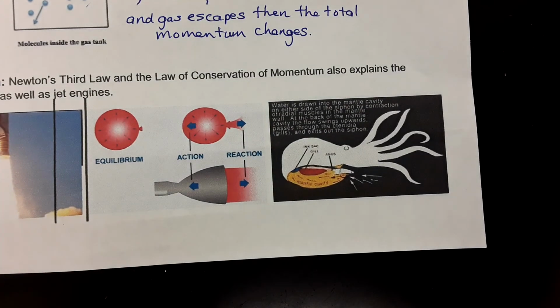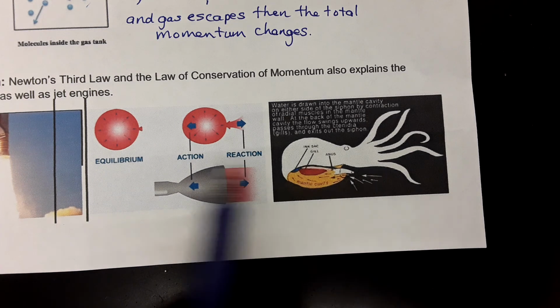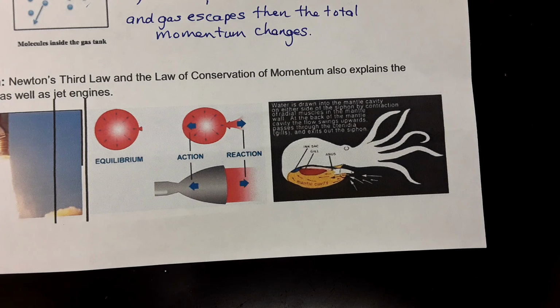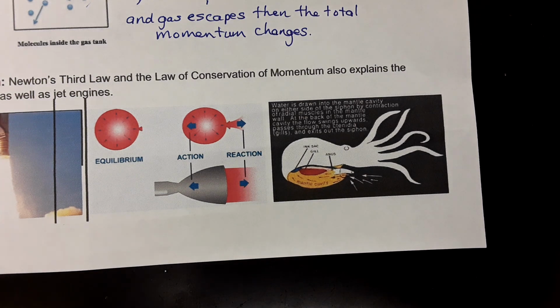Even a squid uses a type of jet propulsion. Squid and octopi and cuttlefish, they actually use a type of jet propulsion too, only instead of burning fuel, what they do is they expel water. They take in water and expel it out forcefully, and that makes them go forward. So that is actually a type of propulsion. It's not jet propulsion like a rocket, but it's still propulsion, and it's kind of cool that it also pertains to these mollusks, the cuttlefish and the